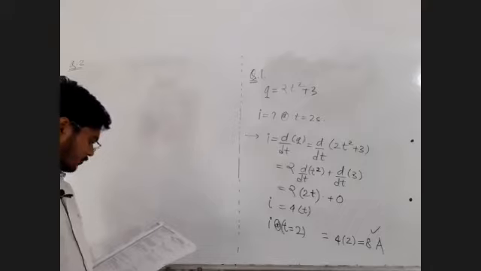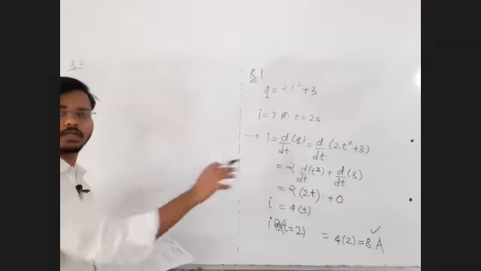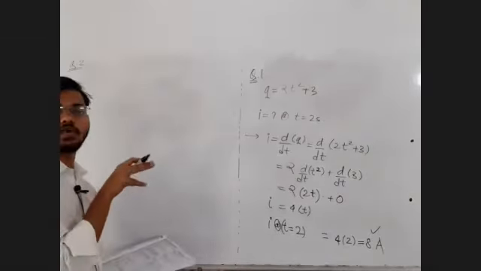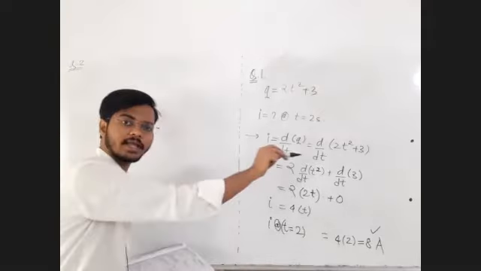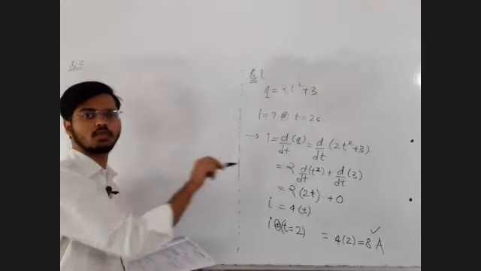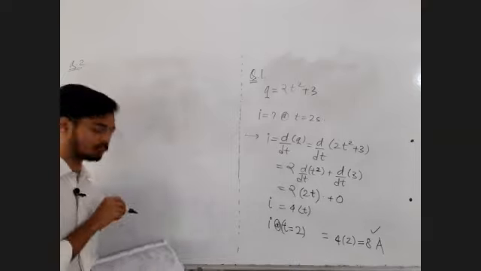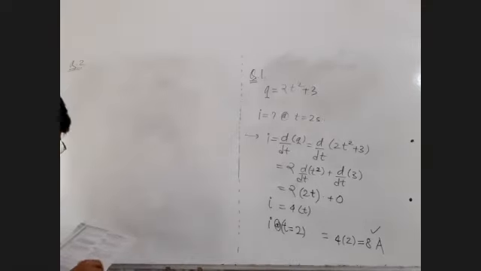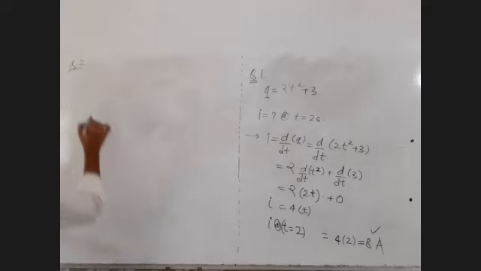An electron beam. Okay, there is a beam of electron. Electron is a charged particle and there are so many charged particles moving in same direction. When many charged particles are moving in the same direction, we call it as beam. Okay, an electron beam has an aperture of, aperture means area of 1 millimeter square.